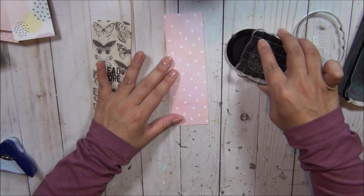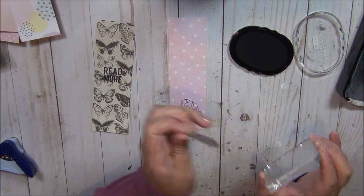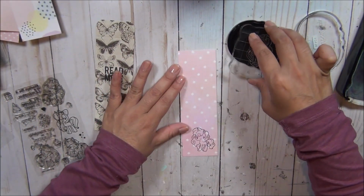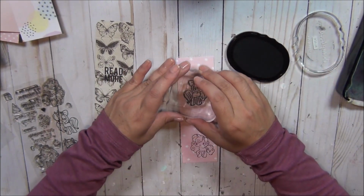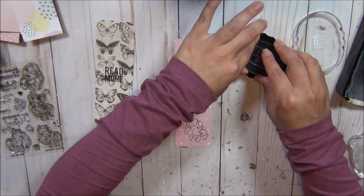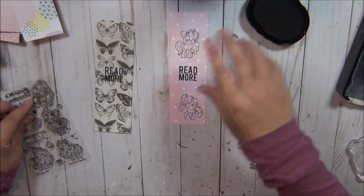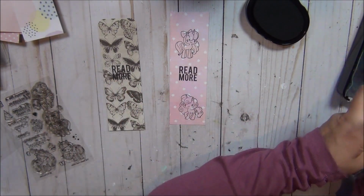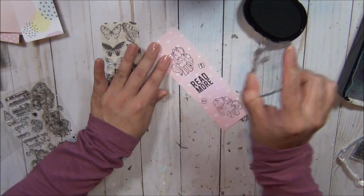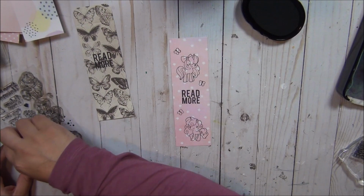one blank on the back. So it's only gonna be one. Let me grab another one. We'll put her up here. And then we'll use the read more there. And then for this one I need the smaller stamp, but I was using some of these butterflies. Like so. Okay, and then this one's gonna take a little bit longer because I did stamp more than one image,